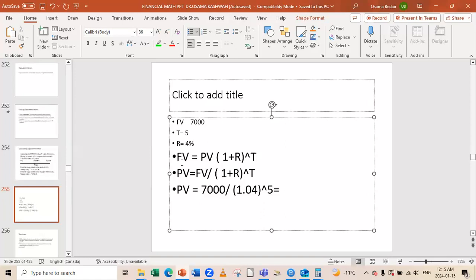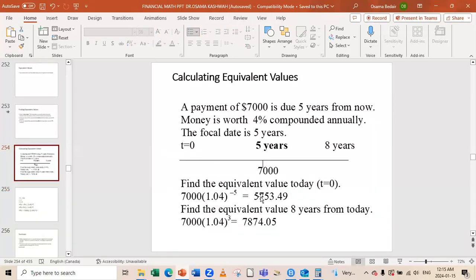This means the same: 7,000 times 1.04 to the power minus 5, which means divided by. So it will equal